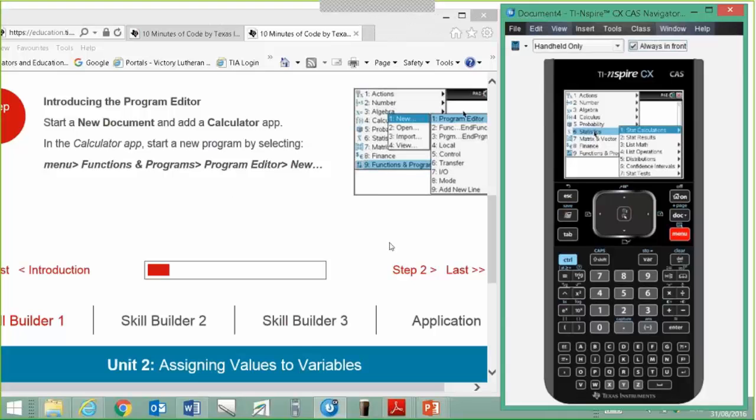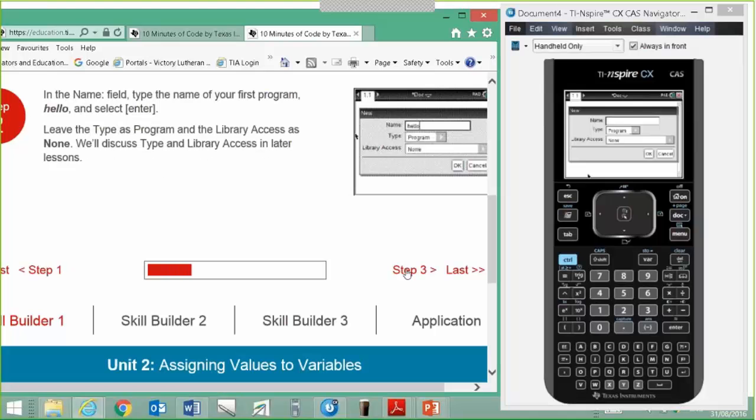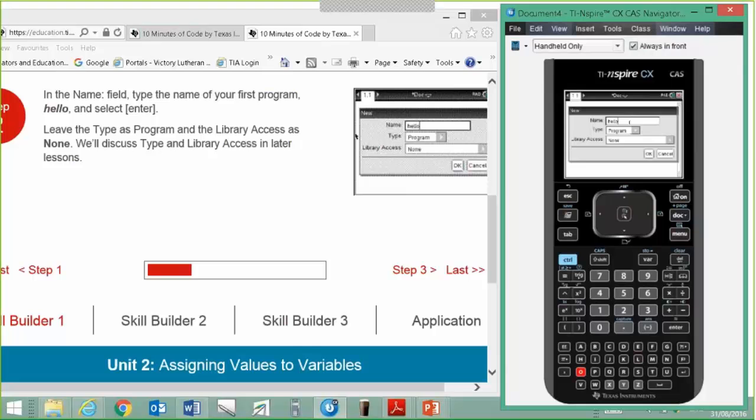So let's continue. It was asking me to set up a functions and programs from the menu and go to the program editor and select new. So basically that's just organized a window to allow me to start a new program. What do I do next? I go back over here and I'll click on step 2, and it says call my new program hello. Okay, that's a good idea. And I'm going to do this very quickly because I can use the keyboard. So hello,